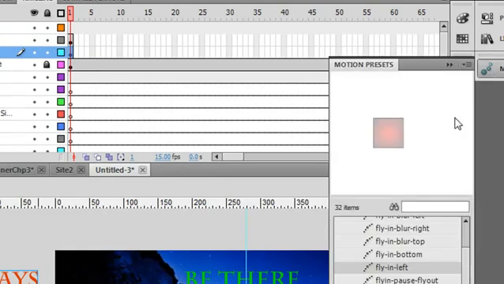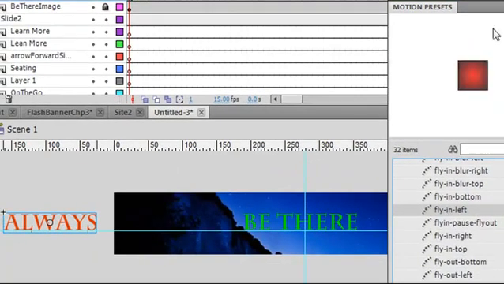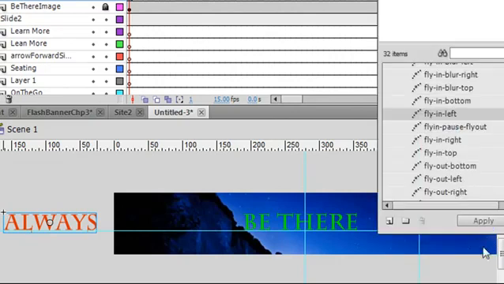And let's see the preset motion set right here. Let's look at flying left. That's what I want to do, right? Just fly it in and animate it. So I'm going to go ahead and choose that. Go ahead and click the OK button or apply button, and it's going to animate for me, but not in